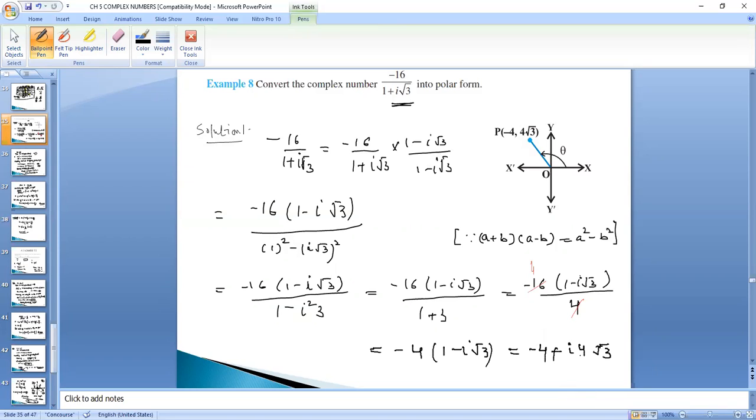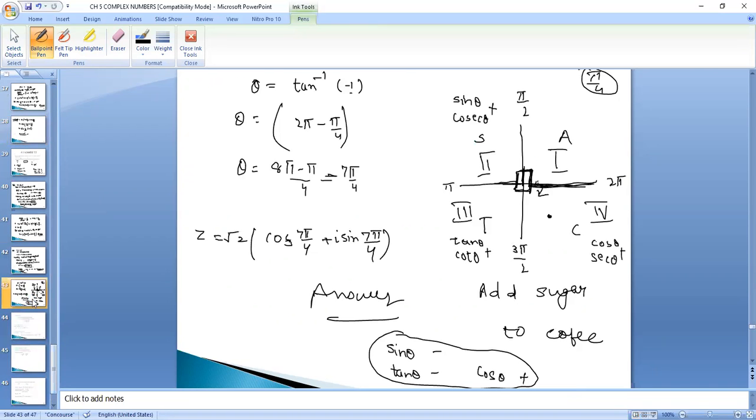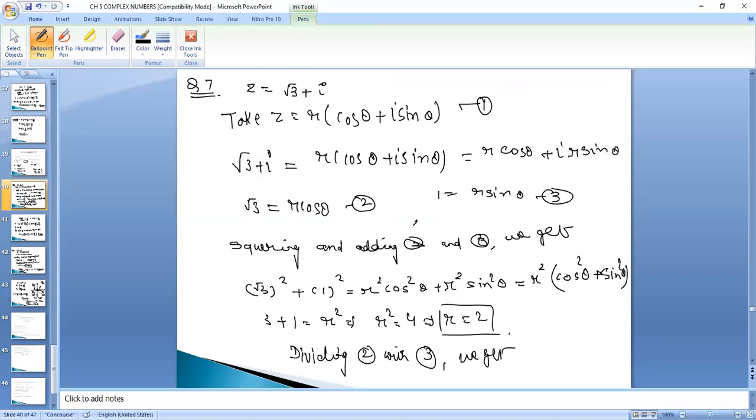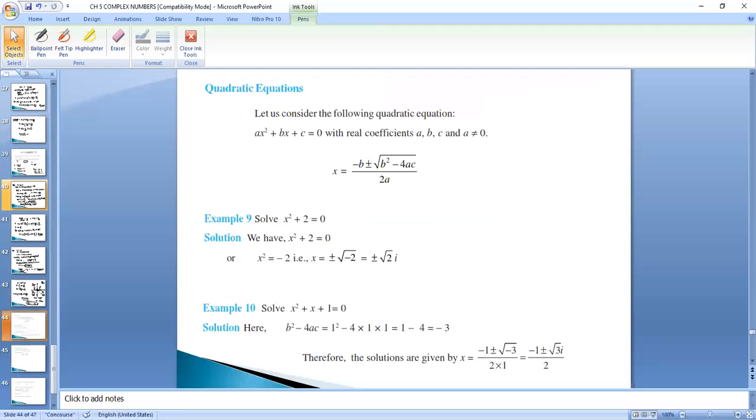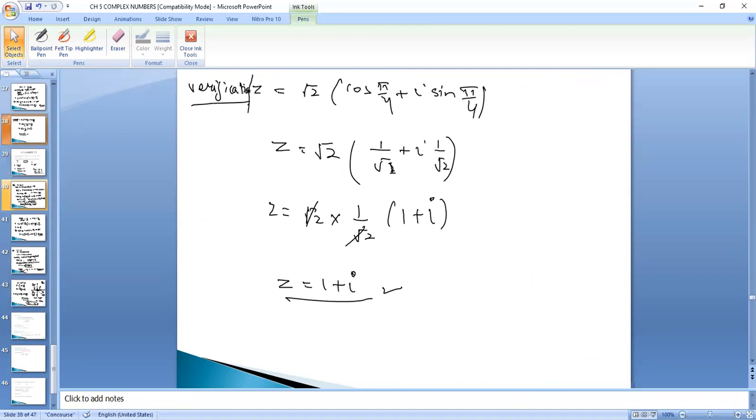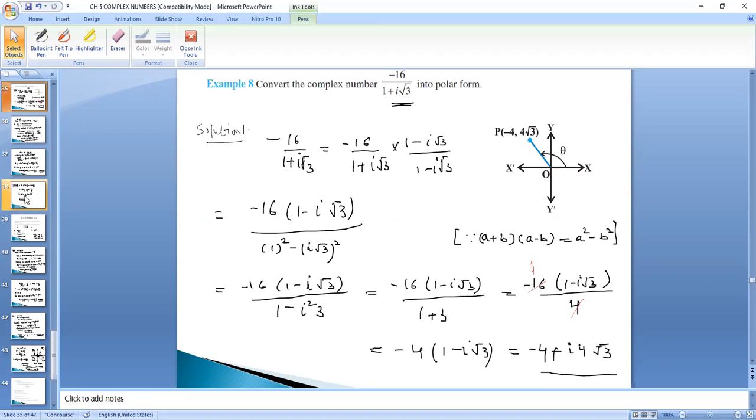Now you have to convert it to the polar form. So next you can write it as r in the bracket cos theta plus iota sin theta, so r cos theta is minus 4 and r sin theta is 4 root 3, right? Then you will be finding r and theta and then you will be solving it. So you also solve on your copies side by side, okay? So we were doing this question. Yes, we were here.